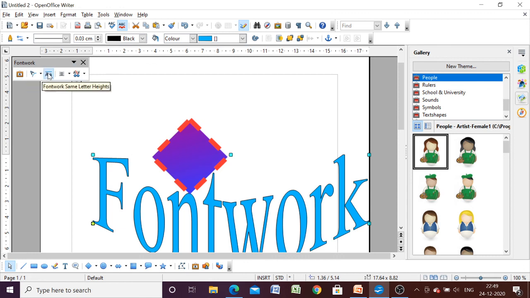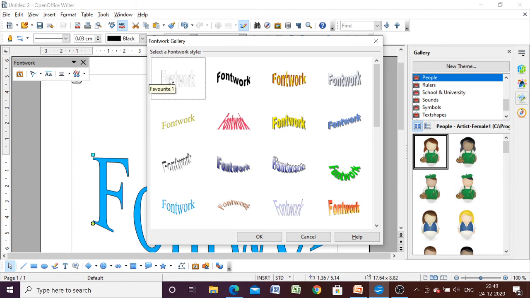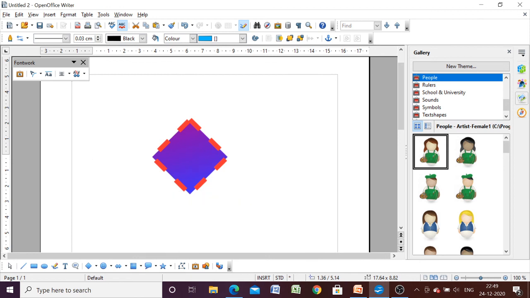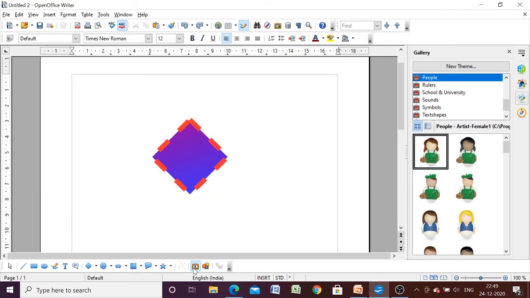Here the Fontwork shape can be changed. Here you can go back again to the gallery. Okay, and this one is alignment. So as per your requirement you can change it.